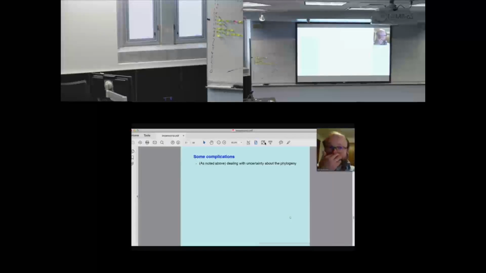So, okay, it would be great to be able to use MrBayes to do that analysis and then get out a cloud of covariance matrices, and that will give you a very real sense of the statistical noise that results from the uncertainty of the tree and also from the measurements that you made on the quantitative characters. Great. All right, I was going to list some complications here. We dealt with the issue of uncertainty about the phylogeny.